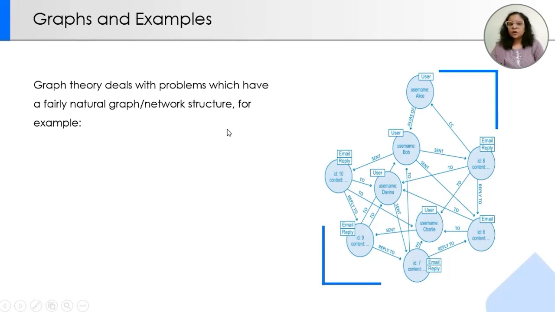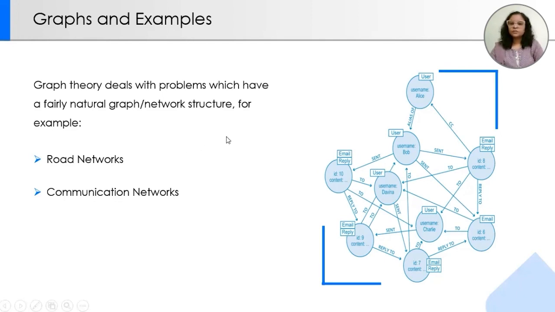So it deals with problems that have a fairly natural graph. That is, the problem can be divided into vertices and edges, then only we can solve it. Problems such as road networks or communication networks, when we are able to divide the problem in the vertices and edges and we are able to show the flow of communication between them,